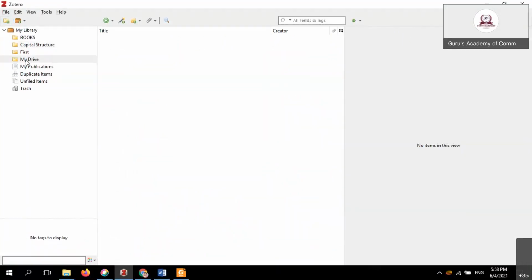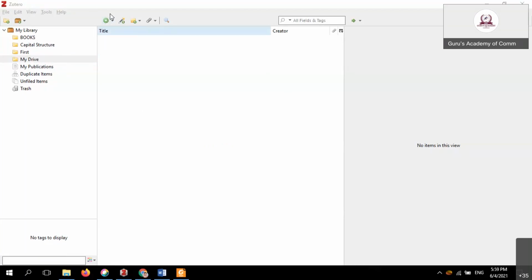Okay, take any particular one. My drive has a lot of PDFs already stored on my computer or laptop. Okay, how do you retrieve the stored PDFs from your drive into Zotero?